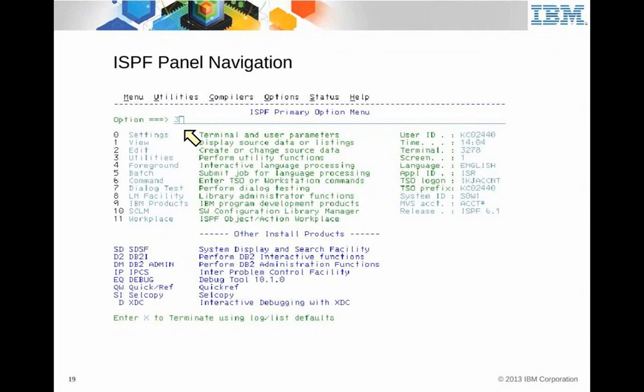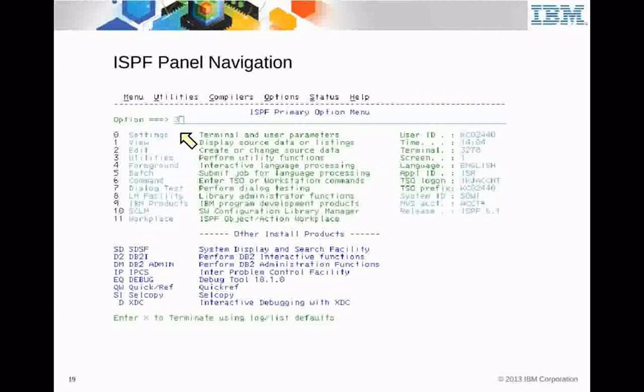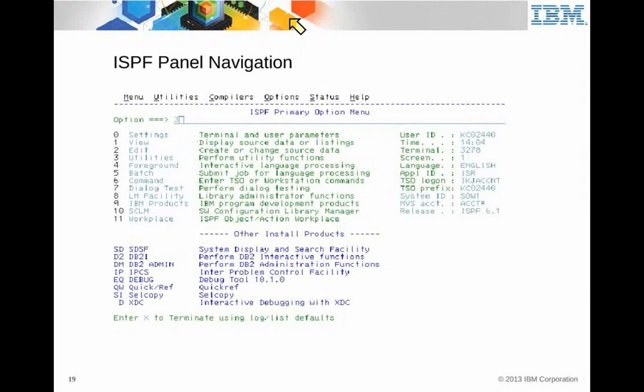Once you type in PF show space on, you get your function keys. So you can determine whether you want your function keys there or not. Now, what I would like for you to do is in the option line, type in 3. Like I've got it typed right there, 3. And when you do that,